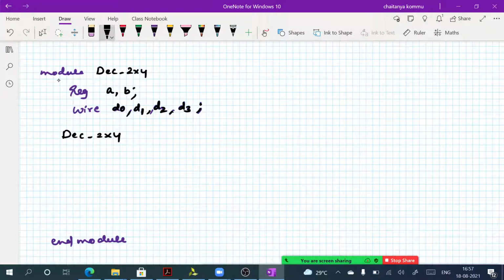Better I write this one as underscore test. Please make correction. So the module name and the test bench name should not be the same. Module name and test bench name should not be the same. So that's why I have taken differently. It is the module number 1, for example, M1.